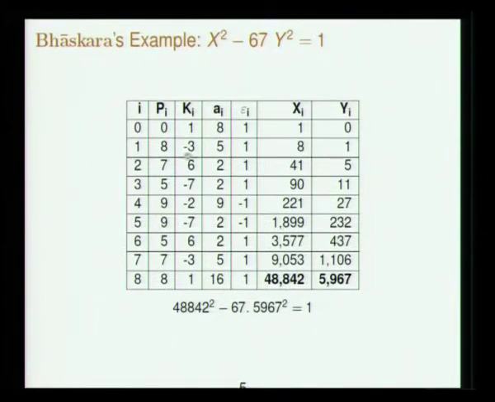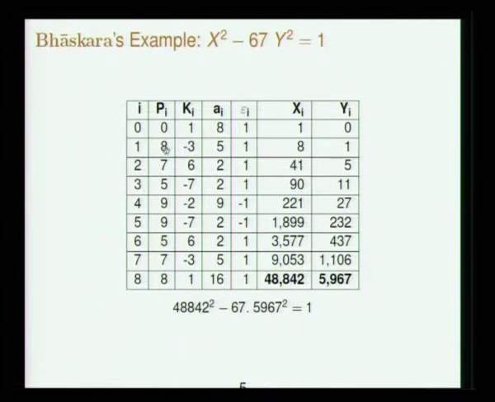To recollect, take x squared minus 67 y squared is equal to 1. Here the initial step is x is 1, y is 0, p is 0, k is 1. Next step, p i plus 1 is divisible by k i and p i squared is closest to 67, so we have to choose this to be 8. Then 8 squared minus 67 by 1 will be minus 3. So the next step p i and k i will be 8 and minus 3, and if you use the formula I gave you, x i and y i will turn out to be 8 and 1. This of course is the trivial thing, 8 squared minus 67 into 1 squared is minus 3.